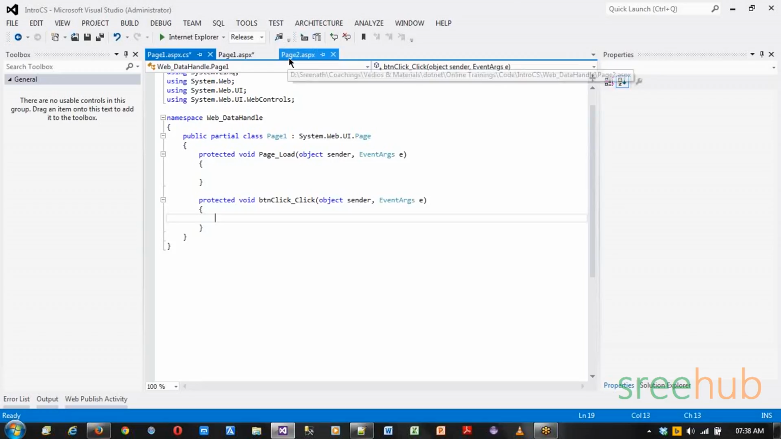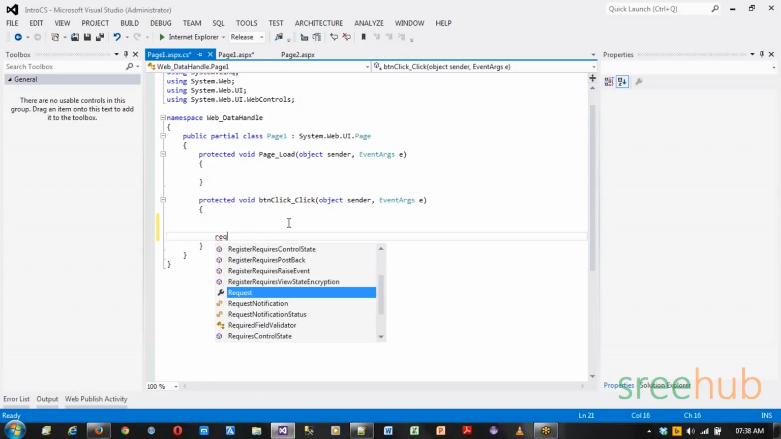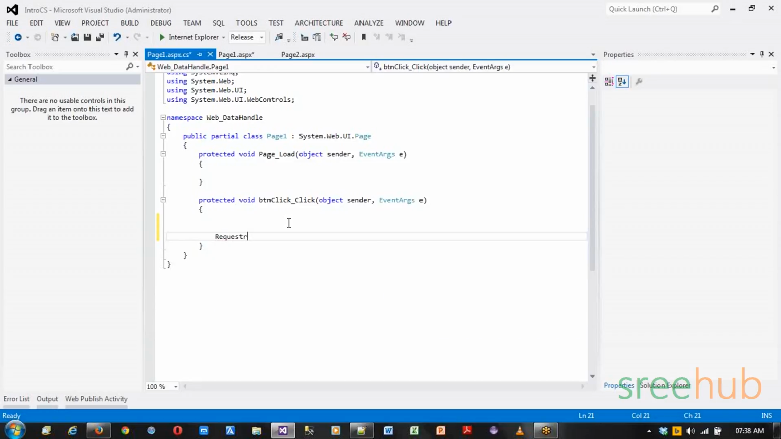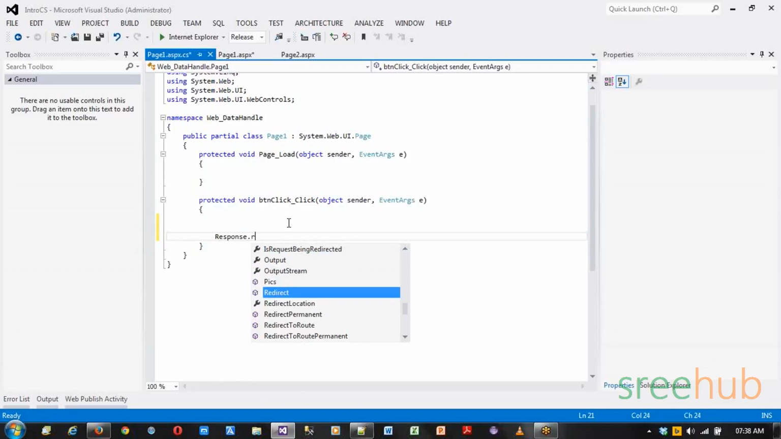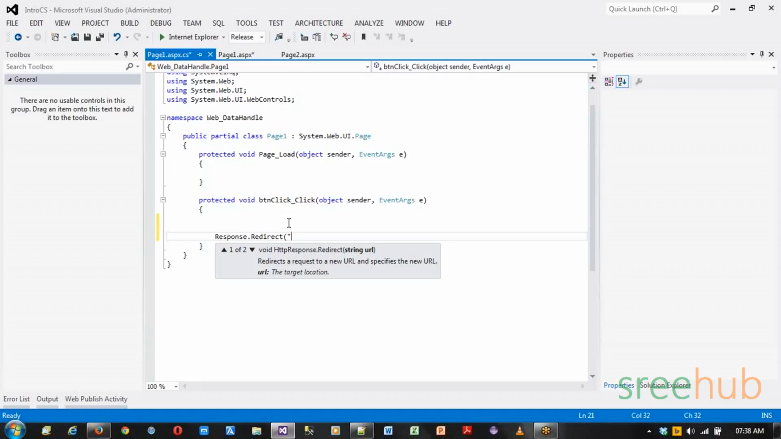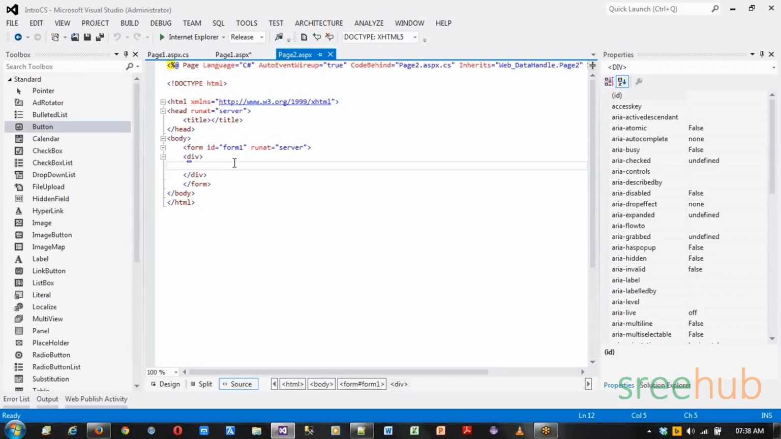What we are going to do, firstly, is navigate to page 2. Now, how can we navigate? We can navigate through Response.Redirect to page 2. Anyways, we'll go to page 2. So in page 2, let's say we just type it as